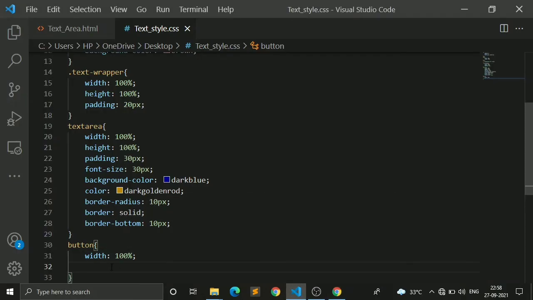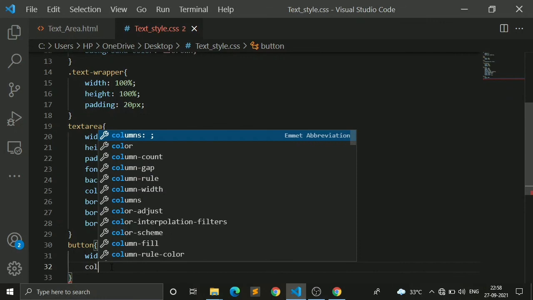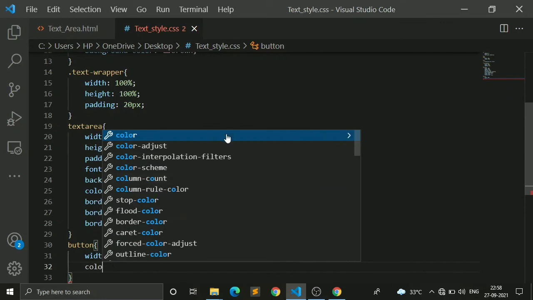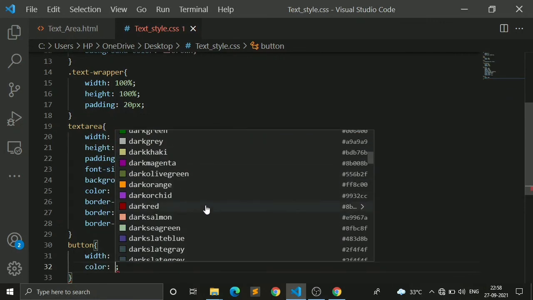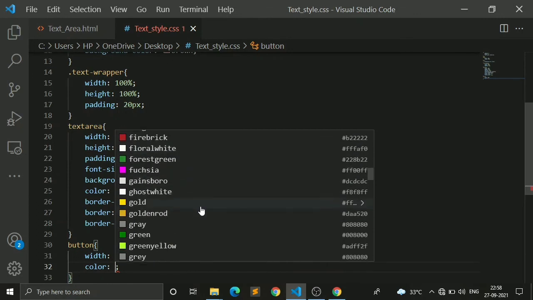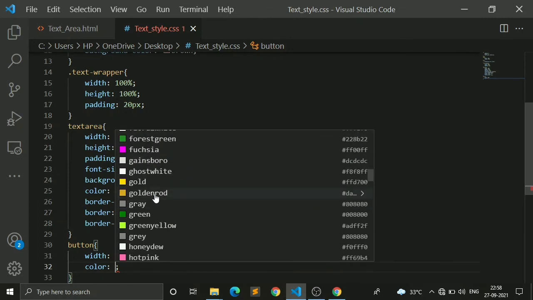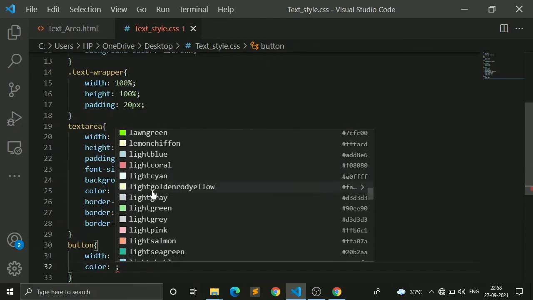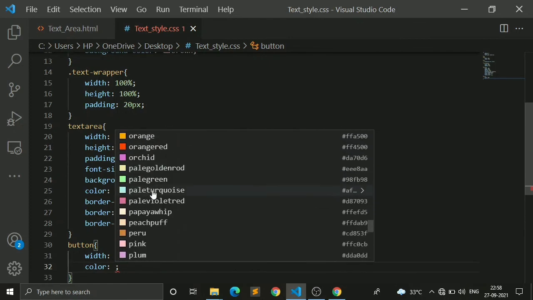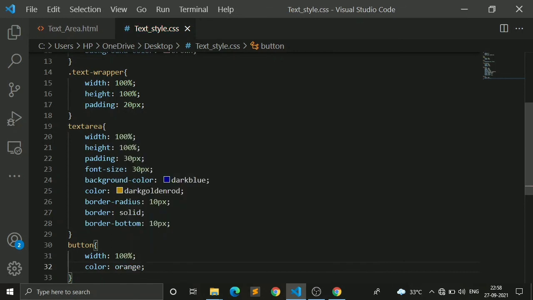Yeah, it is okay. And for the next property I will change the font color. I will use the property color. I will choose a proper color from here. I am using golden, not golden. I will use another color, that's orange.